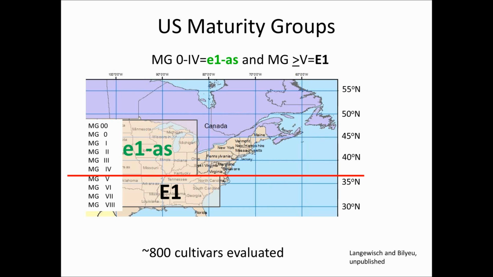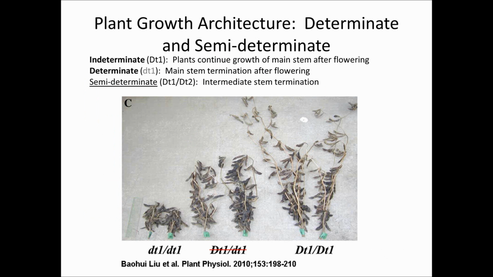So for instance, in my location in Missouri, in the center of the graph, our growers grow maturity group 3 and maturity group 4 lines, while in northern Minnesota they might grow double zeros, and in southern Arkansas they might grow maturity group 6s. This is the U.S. maturity group system. It's worked fairly well over the last 50 years or so, and it's just being fine-tuned now